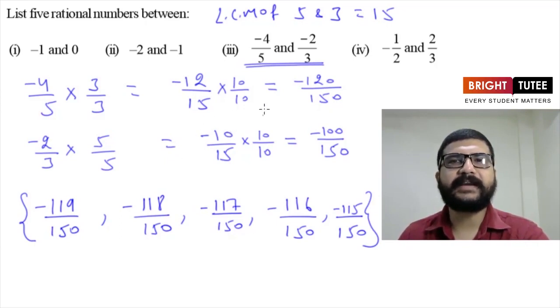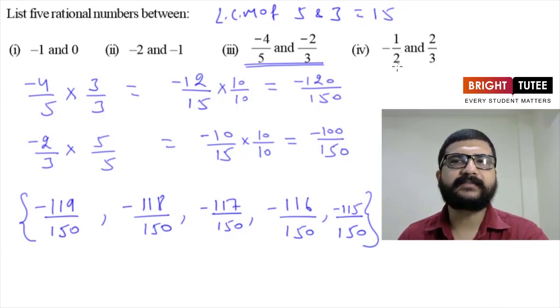So this is how we can find rational numbers between any two rational numbers. Our first job is to make the denominator same, and then we have to see, is there a gap between numerators? See here, the numerators we were getting were minus 12 and minus 10. There was not much gap. So what we did for that, we just multiplied both the numbers with 10 upon 10. This makes the numbers as minus 120 upon 150 and minus 100 upon 150. Now we can see that numerators are minus 120 and minus 100. There is a gap between these two numbers, and by using that gap we have written 5 numbers here.